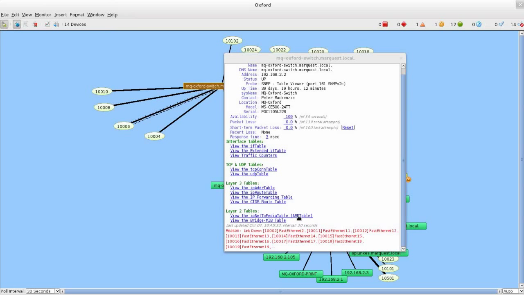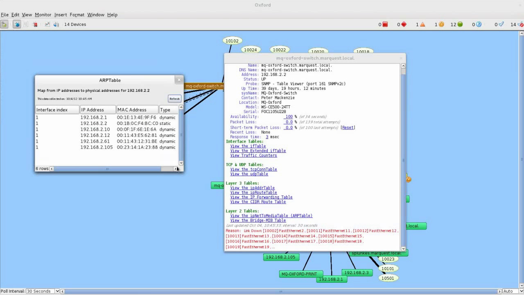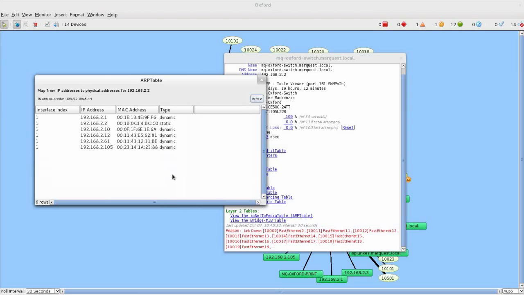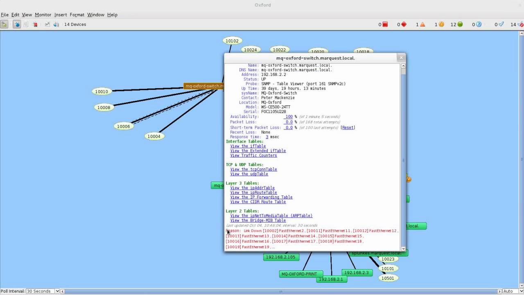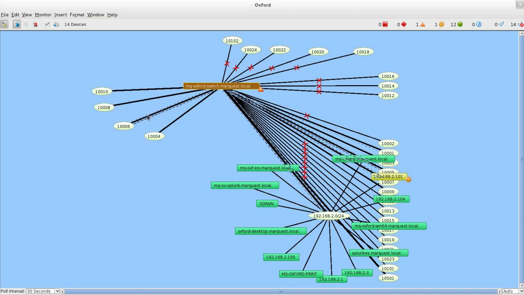There is an ARP table available as well. Obviously on a router this will be more significant. On this, it's going to be just from the management interface. And at the bottom here we can see a summary. Why is it currently in a different status? Well, it's got a link down, and these are the different links that are down at the moment, but that's because there's nothing connected. In the meanwhile, you may have noticed in the background we've suddenly got ants running around,